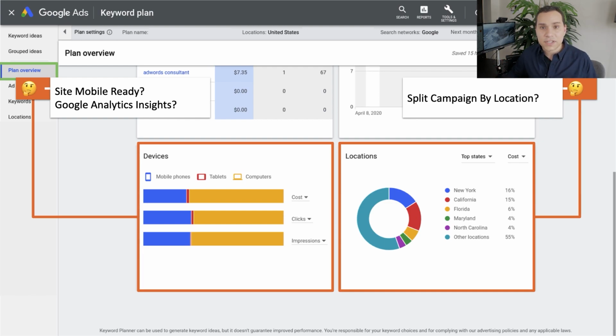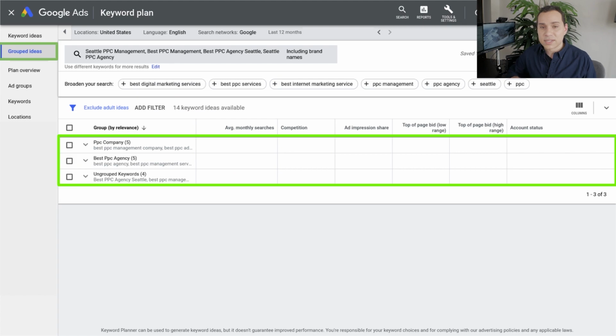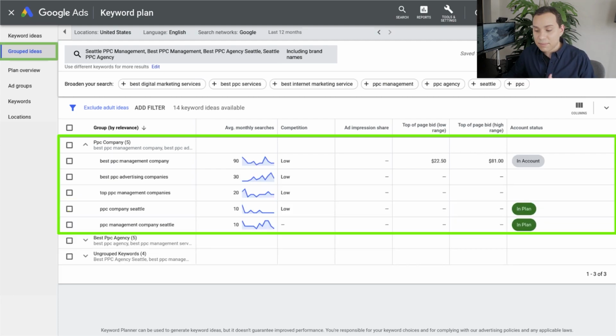Now there's one final feature that's going to help save you a lot of time, especially if you have a lot of keywords. So you can actually go over to groups, and what Google will do is they'll not only give you a bunch of keywords like we've already gone over, but they'll also put them into predefined ad groups. So they will go through sorting things and putting things together in tightly knit groups. And so this is where you can actually save quite a bit of time by simply using some of the suggestions Google is giving you.